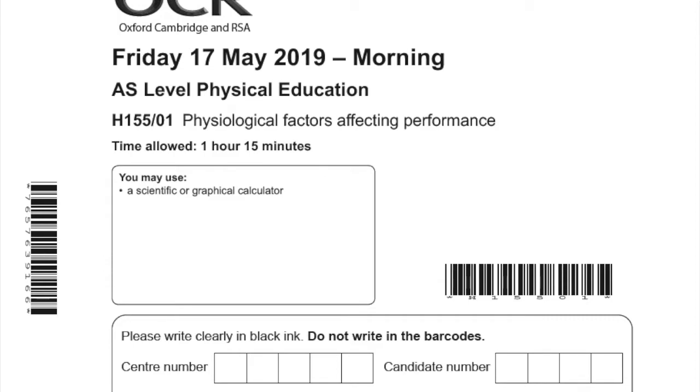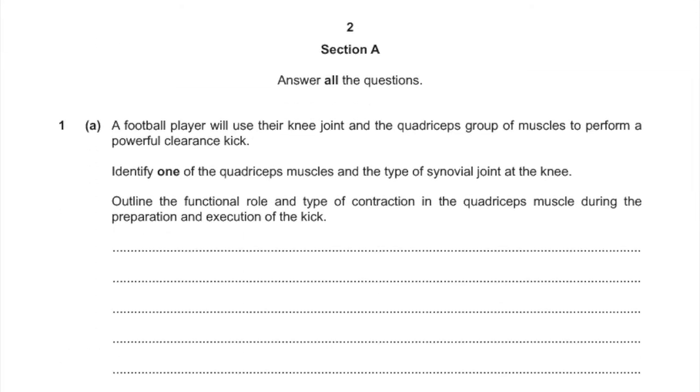I wanted to give you a little bit of video feedback on how we answer the A-level exam that you've just done. Now, obviously, the front page talks about the scientific calculator. It's worth having a calculator in there. There's nothing too major with the equations you're going to be working out, but yeah, it makes life a little bit easier. So if we go through to question 1,